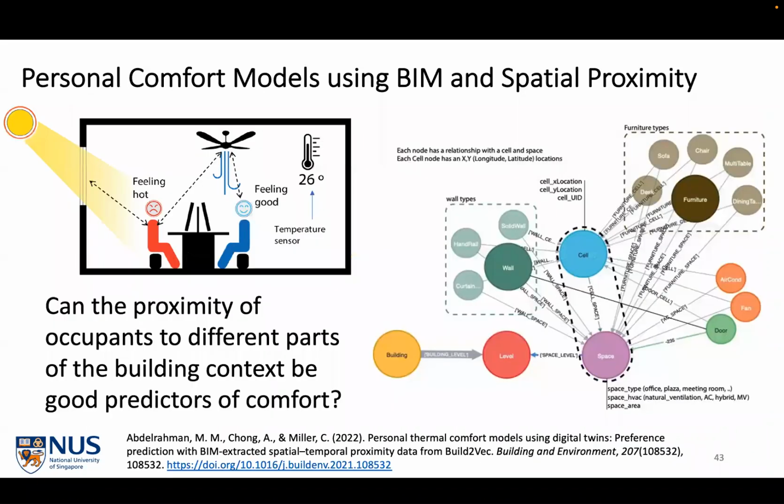And these data allow us to create machine learning models that characterize the people and the spaces. A couple really cool things, like for example, Mahmoud Abdulrahman, one of the PhDs that just finished, he's using this data to characterize people's spatial proximity to things like windows and fans and diffusers. And since we know exactly where the person is and how they feel, we can train models using their proximity to those different features. So on the right, you see a BIM model that's been decomposed into what's called a graph-based model. And we can use that to improve our prediction of thermal comfort.